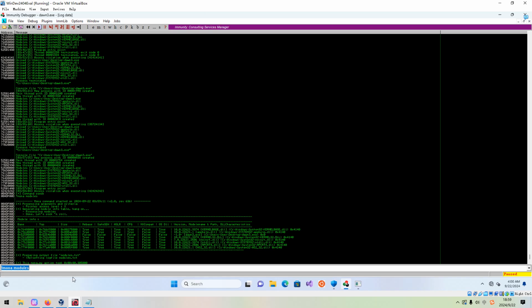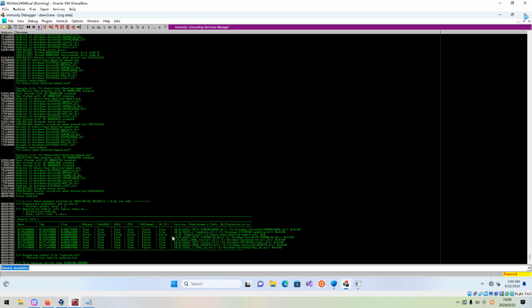We want to find the module which has the fewest security features, for example, ASLR set to false, and also CFG, SEH. As a matter of fact, for this one, the executable itself, all security features are set to false. So this is what we want.